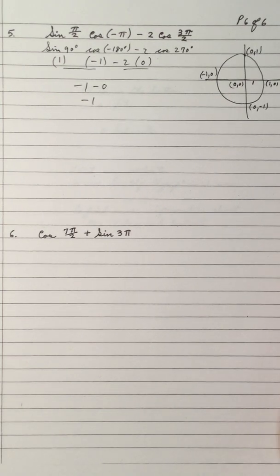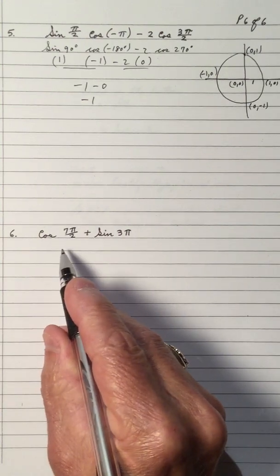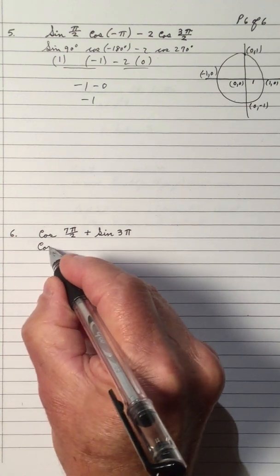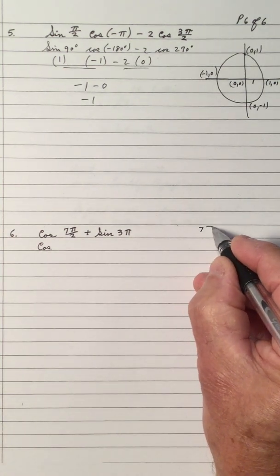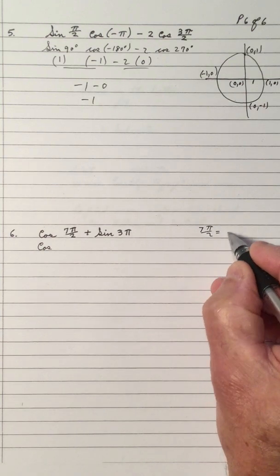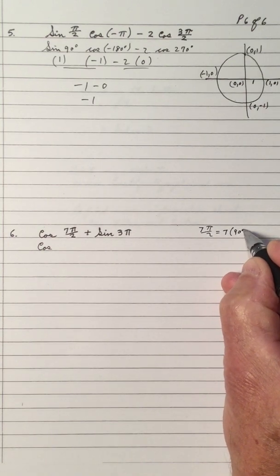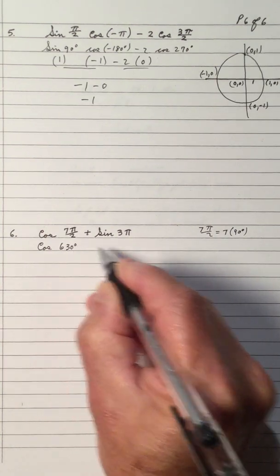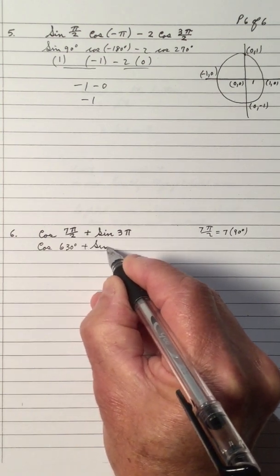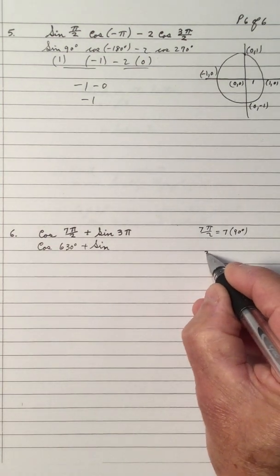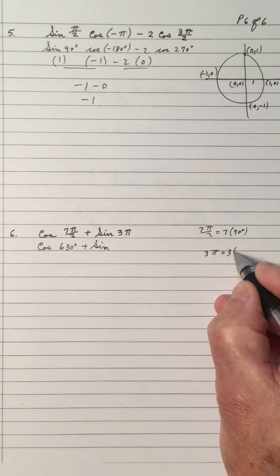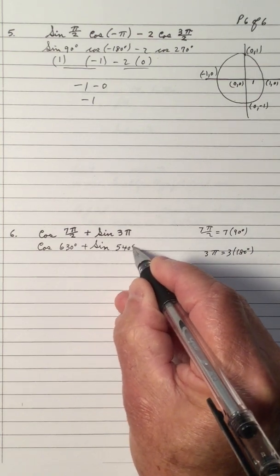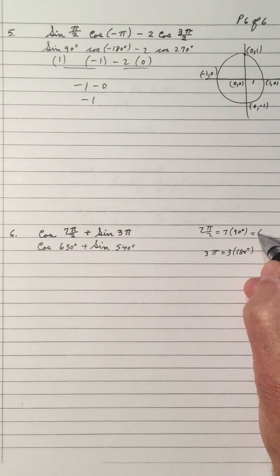Done. Now, I did a little extra question here. I did more rotation, made it bigger than 360. So 7 pi over 2. It's pi over 2 is a 90, so 7 times 90, 7 nines are 63, so that's 630. The sine of 3 pi is 3 times 180, so that's the sine of 540. Now, the thing about 630,